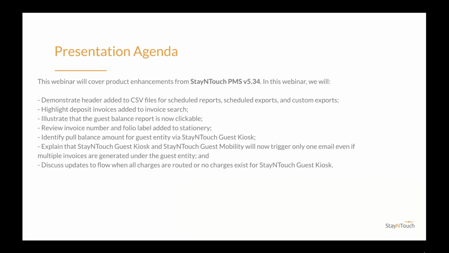Today's presentation will cover how you can get the most out of the StayNTouch Cloud PMS version 5.34 product release. In this webinar, we will demonstrate the header added to CSV files for scheduled reports, scheduled exports, and custom exports, highlight deposit invoices added to invoice search, illustrate that the guest balance report is now clickable, review invoice number and folio label added to Stationery, identify pool balance amount for guest entity via StayNTouch Guest